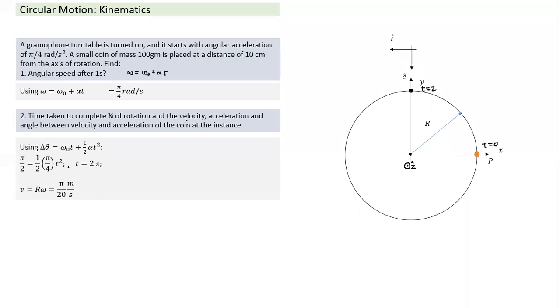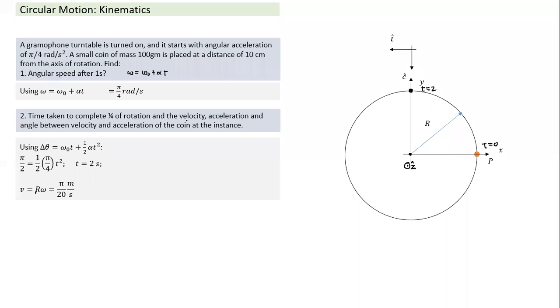But when it reaches here, what will be the value of the next part? What will be the velocity at this particular point? Of course, velocity will be in the tangential direction. We know the direction at this point. So it will have instantaneous velocity, which keeps changing direction, so we can only define instantaneous velocity. What is instantaneous velocity? R into omega. And omega at 2 seconds will be equal to pi by 2. So pi by 2 into r, which is 1 by 10, becomes pi by 20 meter per second.